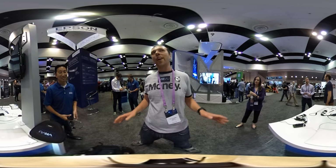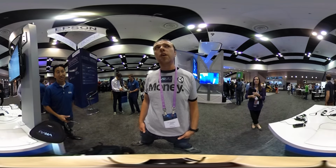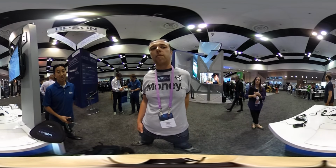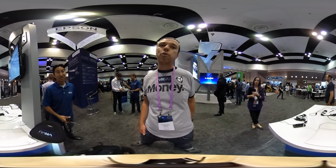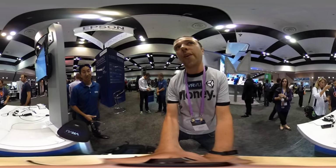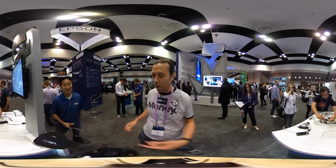But yeah, we are now at Augmented World Expo. This is a completely historic, fantastically epic moment in history, because Epson makes fantastic projectors. They have made an amazing product, the BT-300, which are the smart glasses that I use most frequently for development. Really easy to develop for, and that is literally last year's model. So if we look around us, we are at Augmented World Expo, and we're at the Epson booth, and we're here with...